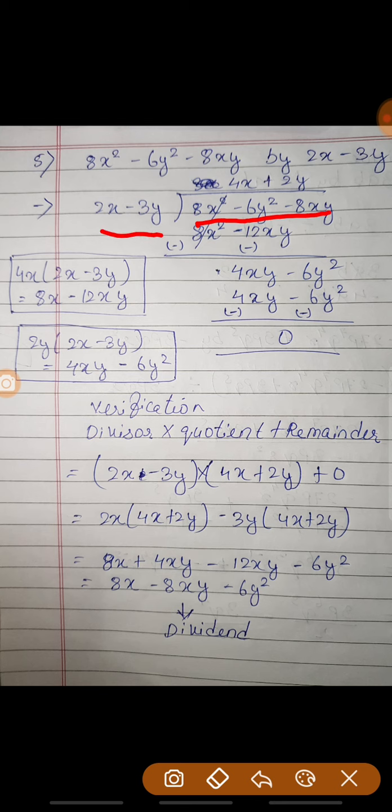So on dividing, first of all we write some quotient. The quotient is written over here. So 4x I have taken as a quotient. Why have I taken 4x as a quotient? Because when we multiply 4x with 2x, then we will get 8x square. So I have further made one box for this. In this box I have shown the calculation, how to multiply. So 4x is multiplied with 2x, that is equals to 8x square, and 4x is multiplied with minus of 3y. So we got the solution, that is equals to 12xy.